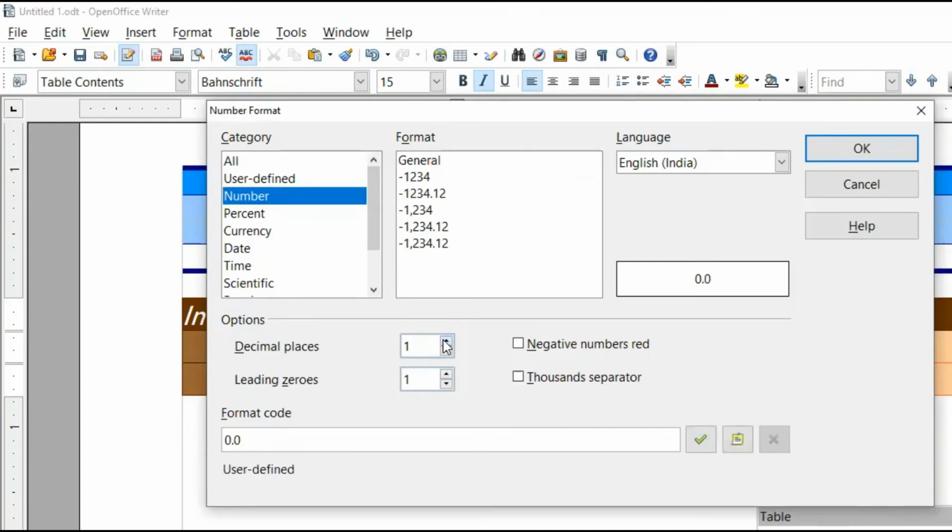If you want two decimal places, you can take it like 2 from here, and this is format 0.00. And here one more 0 is applied. This is leading zeros. Right now before this decimal there is one 0. When you click here, it will increase before the decimal also. So leading zeros also you can set.